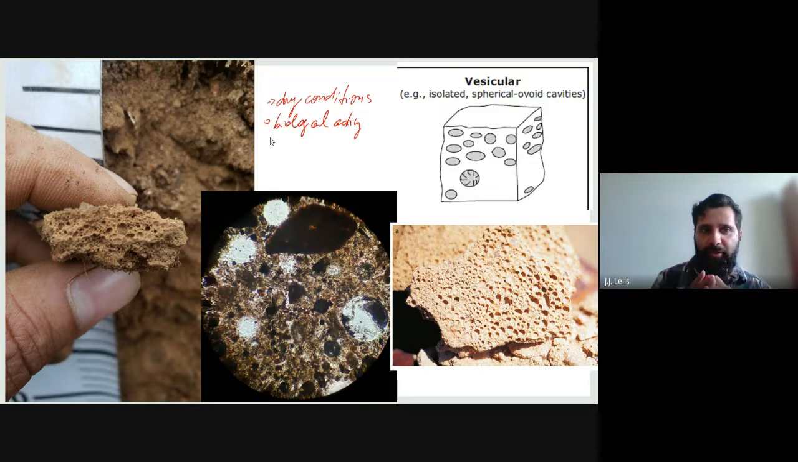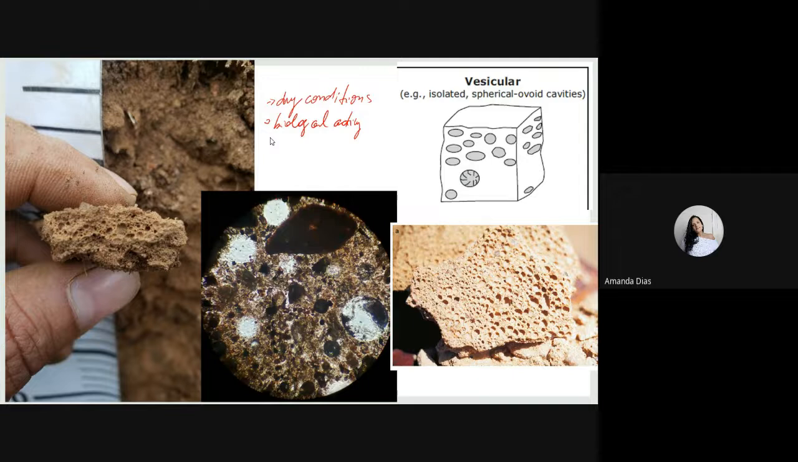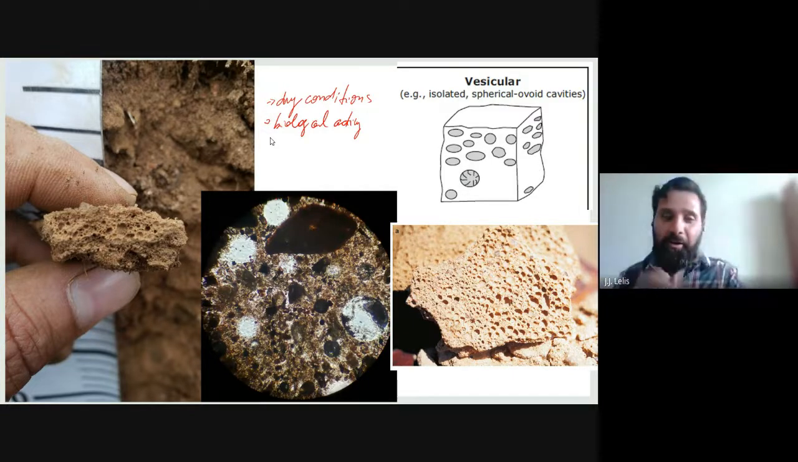Any more suggestion how this type of void could be formed? No? Okay. No, teacher, only this. Okay, we have a very good start